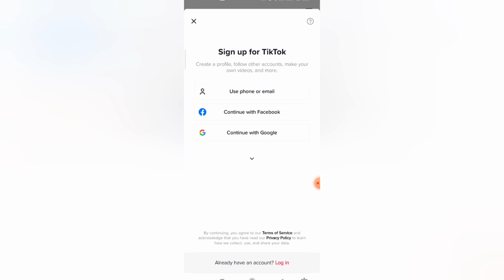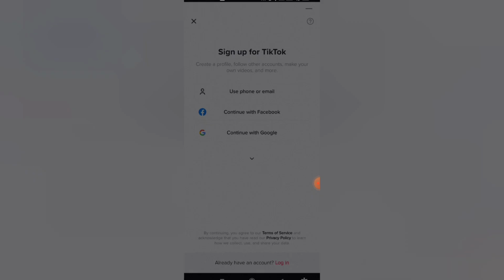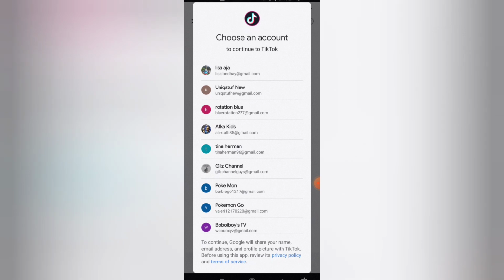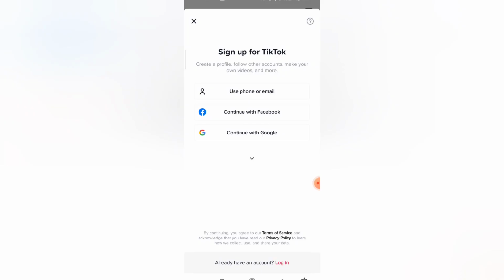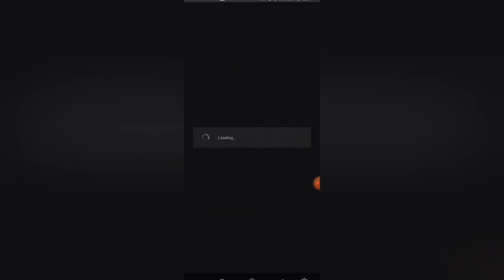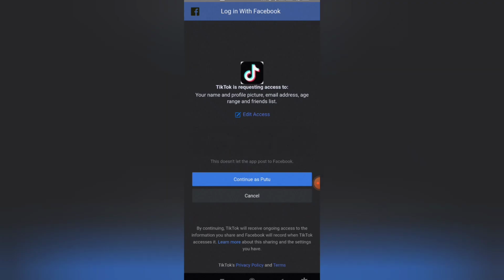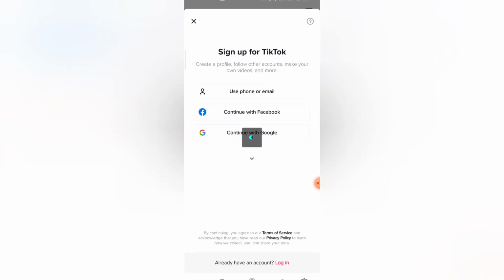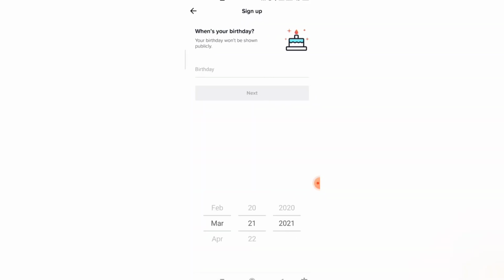I will try continue with Google. I will continue with Facebook. Continue, Putu is my name. You can pick birthday. Yes, according to your birthday. Next,